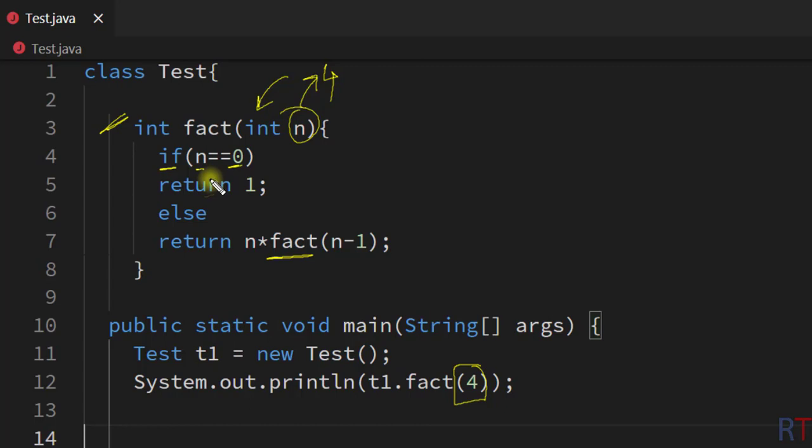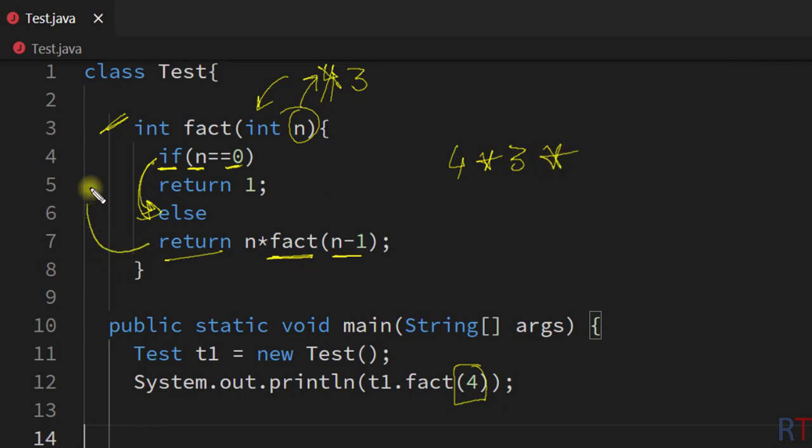So clearly the value of n is not equal to 0, so it will go to the else part and it is going to return 4 times, and then the method will call itself by reducing 1 from the parameter. So the new value of n will be 3, and then it is again going to check the base condition and it will again go to the else part and it is going to return 4 times 3 times,